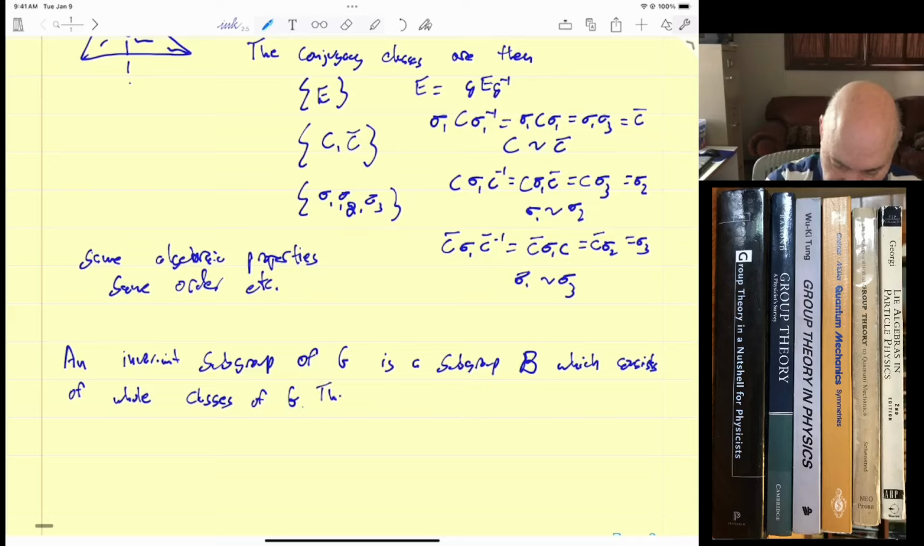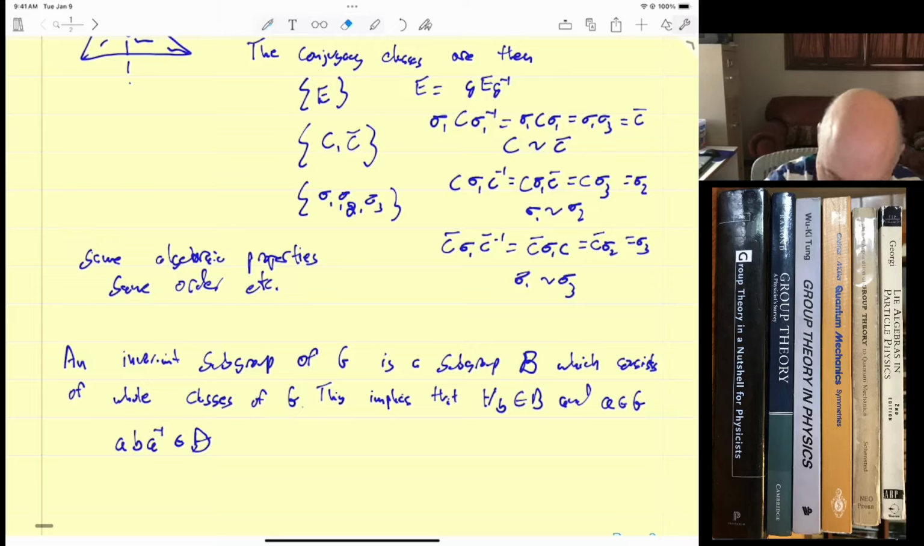And this implies that for all B in script B and A in G, that A B A inverse is in script B. I didn't write that well. So this basically implies that